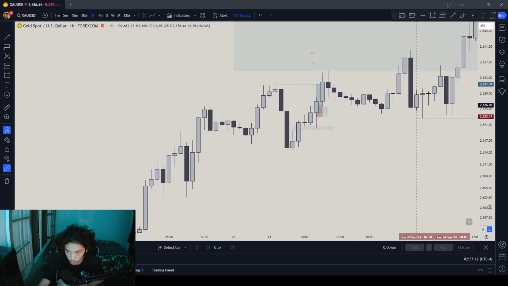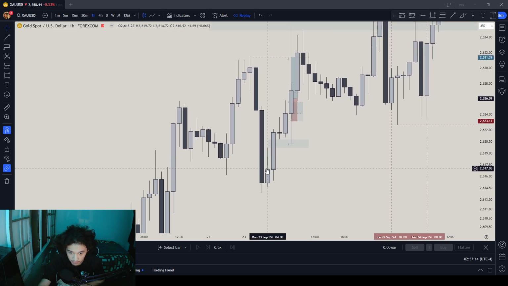Now, we had two setups here, right? We had a setup from here and from here. So if we go to the lower time frame, this one went against my 15-minute opposing fair value gap, bro, right? So I gotta find out how I could do it. Do I need that 15 opposing fair value gap, bro, or not? Because, yeah, it sounds like I don't need it, but we're gonna find out in the future, right?